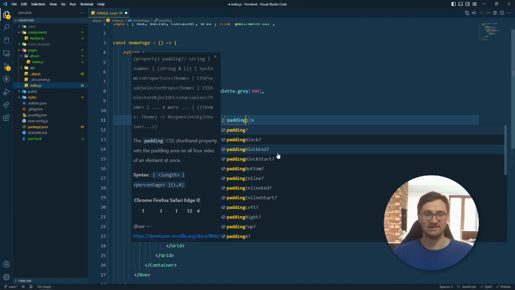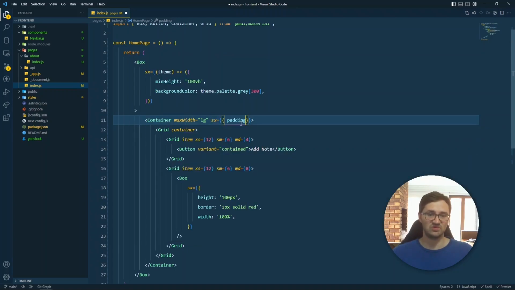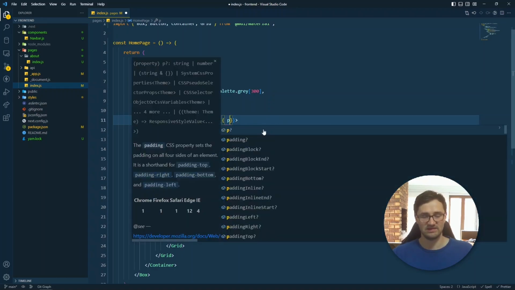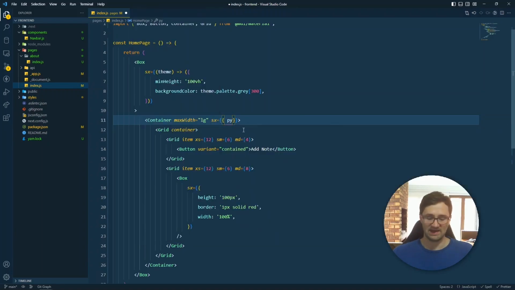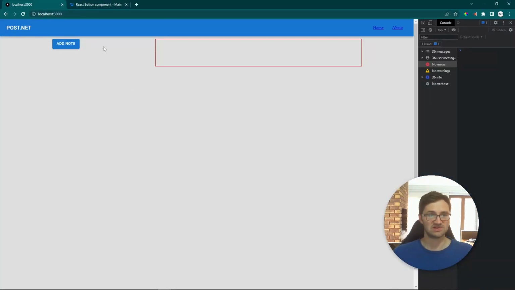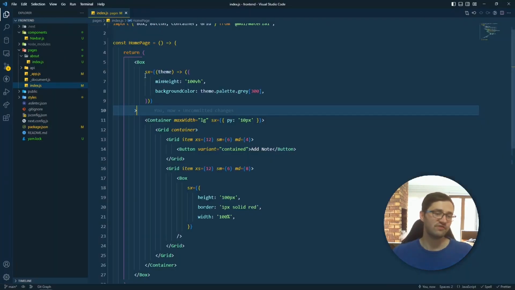So there's shorthand in Material UI's SX property as well. We get some nice, almost like Tailwind CSS or Bootstrap, utility CSS shorthands. So we can specify the padding in the Y direction, so at the top and at the bottom. Here you can also see it gives you the nice CSS of how it would look. And we can specify that to be of a specific size, let's say 10 pixels. Okay, so now it's going to push it down a little bit, but 10 pixels isn't really such a